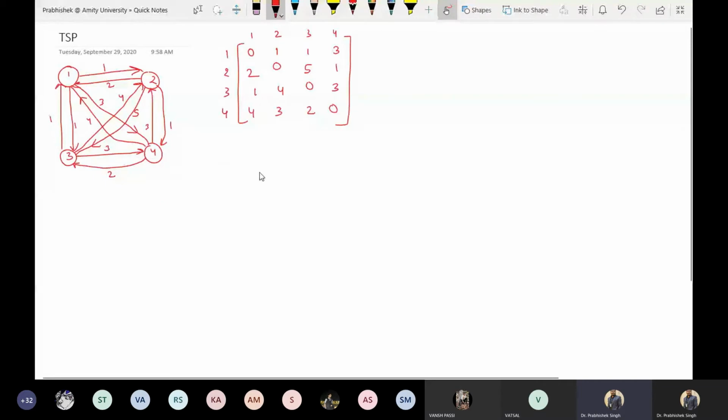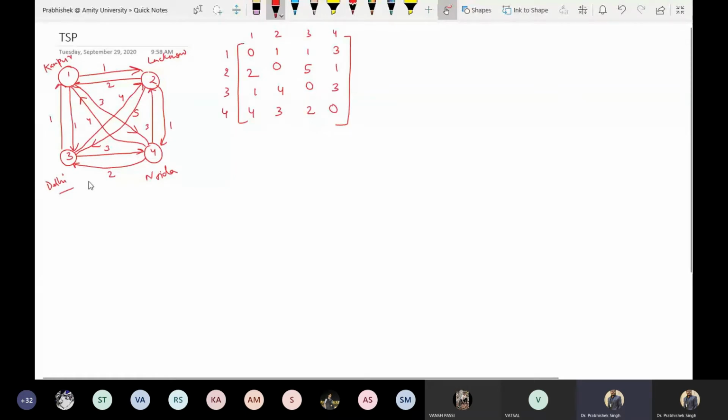The nearby cities are Lucknow, Noida, Delhi. Okay, the nearby cities are Lucknow, Noida, Delhi. Let's say one is Kanpur. The nearby cities are Lucknow, Noida, and Delhi. Okay, these are the 4 cities, and I want to sell this product.